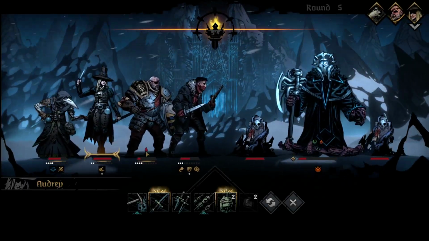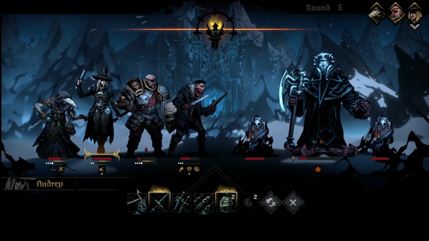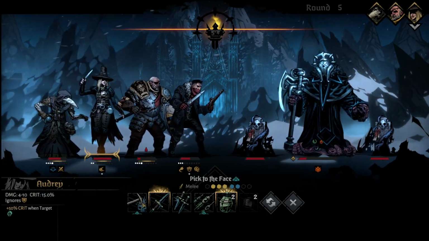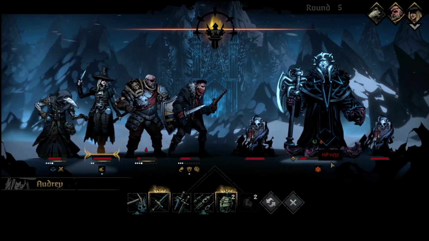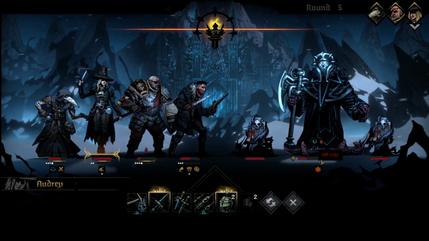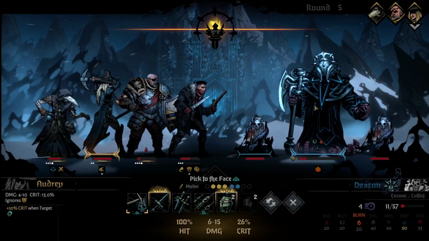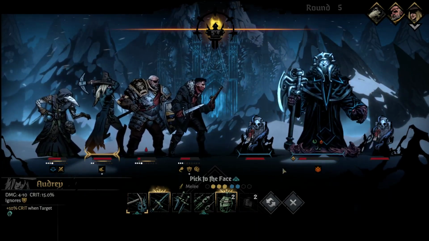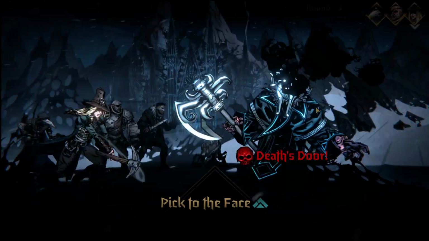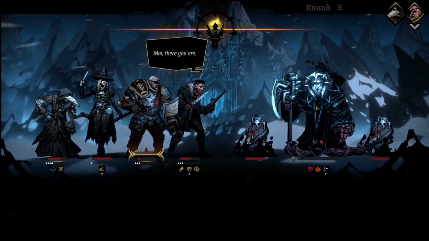Alright, quite dangerous situation here. We will obviously take the heal, although it's not really great. So, 11 HP. You will go to Death's Door. But obviously we want to get the kill. So we're still going to use Pick to the Face, even though this would heal stress. But because we want this heal,